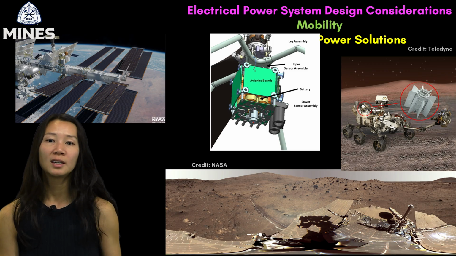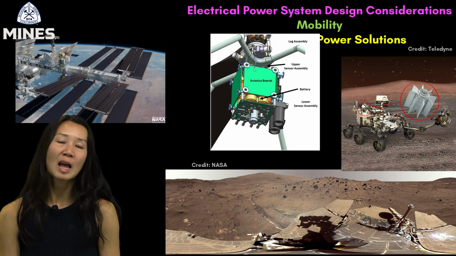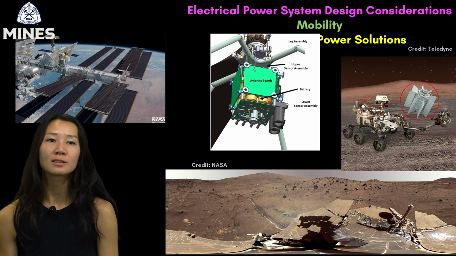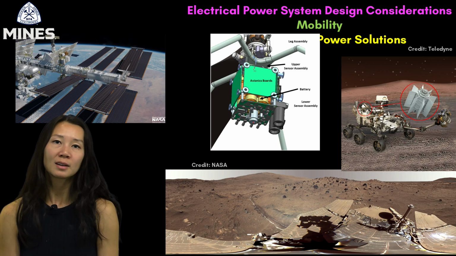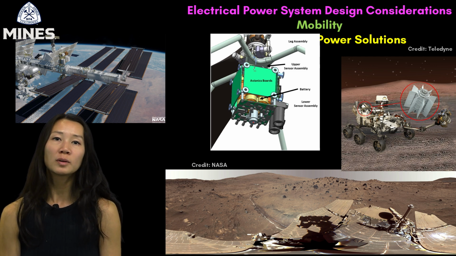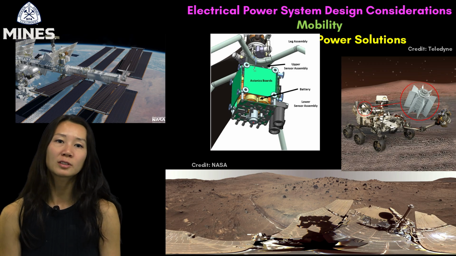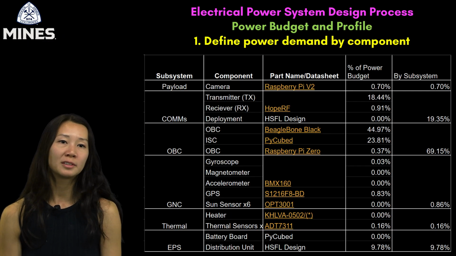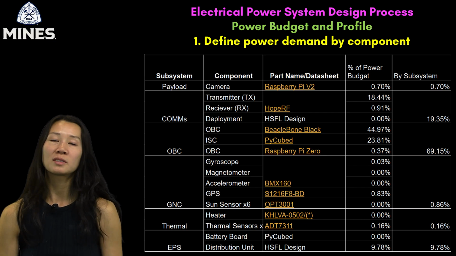In contrast, mobility-agnostic solutions like the MMRTG, used on Curiosity and Perseverance, generate power continuously, regardless of sunlight, slope, or dust. These systems are ideal for dusty, high-latitude, or long-duration missions. So the more mobile your mission or the more variable the terrain, the more adaptive or autonomous your electrical power system needs to be. In the next handful of slides, I'm going to go through the process of how to